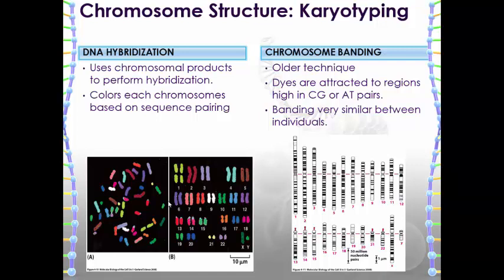Similar to the microarray assay we talked about earlier in this chapter, sequences of DNA derived from each chromosome are tagged with a color and placed in the presence of the chromosomes. This results in the entire chromosome being stained a specific color. The chromosomes can then be sorted by color and length to identify each chromosome. The key to this assay is the specific sequences of DNA that have been derived from each chromosome. If the sequences were not chromosome specific, we would have mixed staining and would not be able to identify each